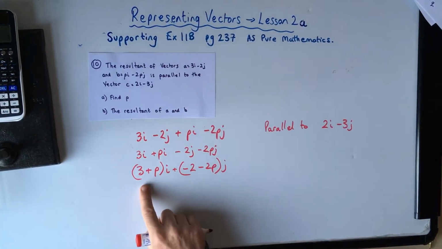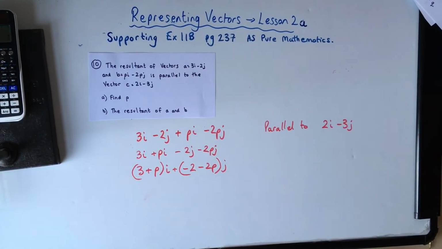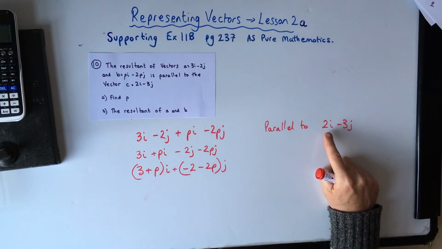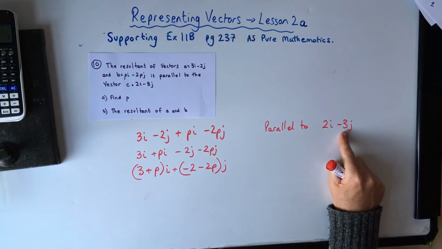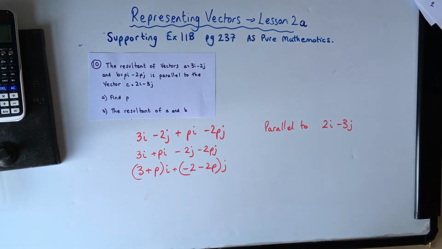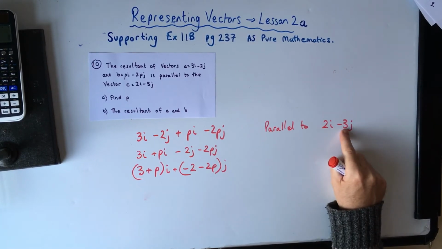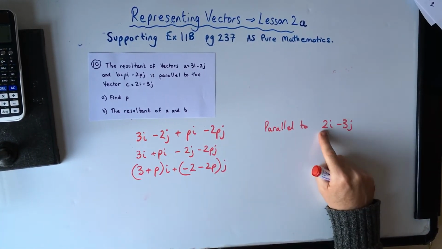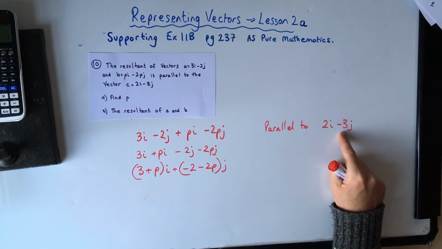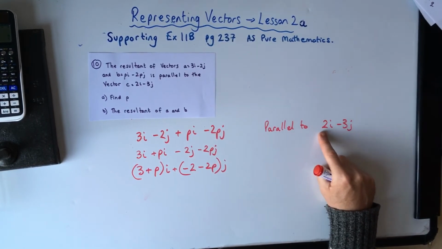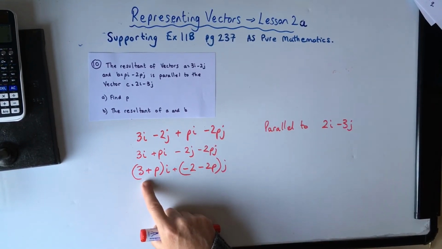Okay, so we've got i's plus our j's. And this is parallel to 2i minus 3j. Now we could do it the same way as we did earlier. We could look at what we do to get from 2 to minus 3 and apply that same rule here. We divide it by 2 and times it by minus 3, don't we, to get from that to that. So we could apply that to this and put it equal to that when we times that, divide that by